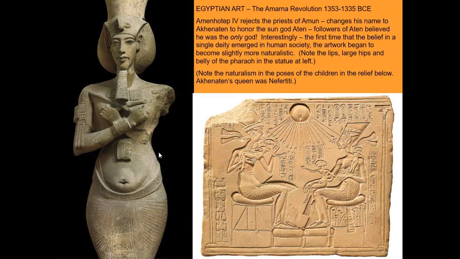Amenhotep decides that he is no longer going to follow the priests who are promoting the supremacy of the god Amun. He turns his attention to the sun god Aten, A-T-E-N, and in fact he changes his name from Amenhotep to Akhenaten. And Akhenaten is now announcing by this change of his name formally that he is a follower of the